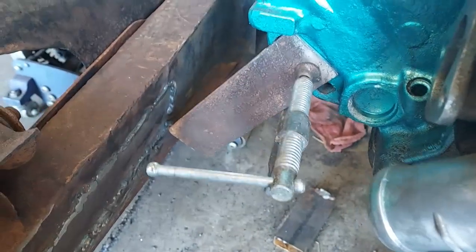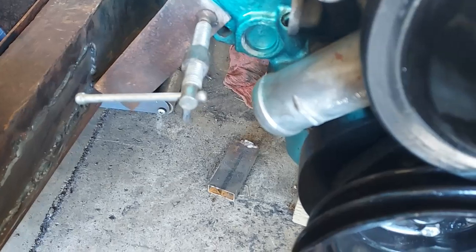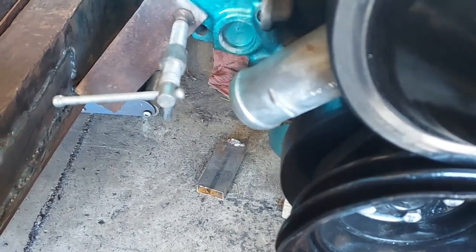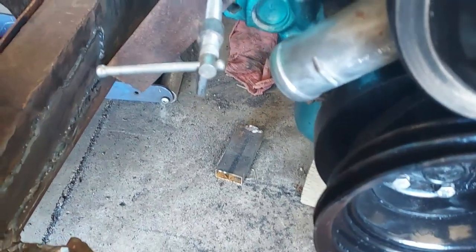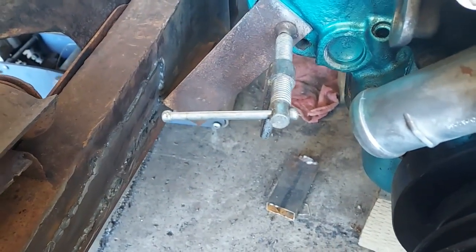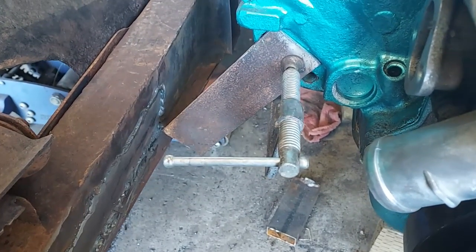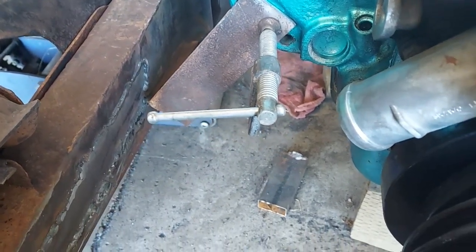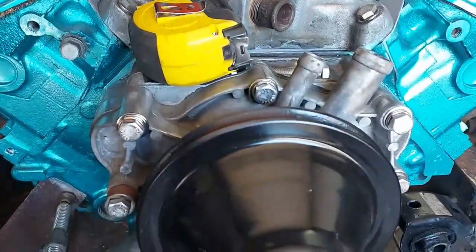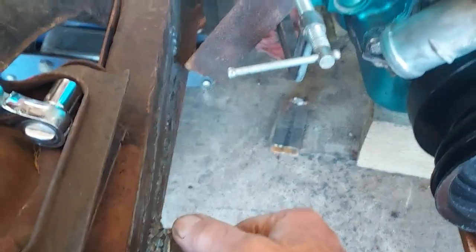And what I did was put a plate on the motor, clamp it down flat, and then I'm gonna clamp the motor mount itself through the mounting bolt hole and make it parallel. This motor is in almost exactly where it's got to go. It might be off an 1/8 of an inch,